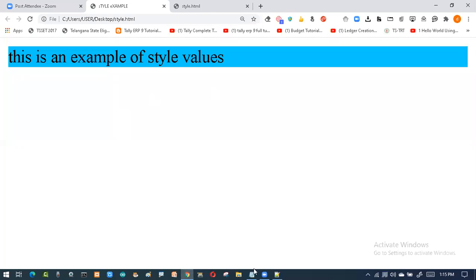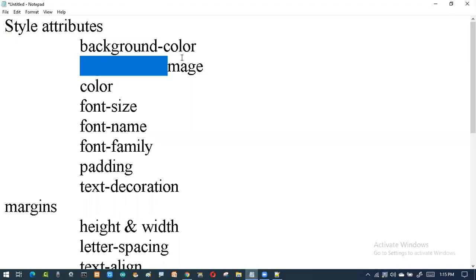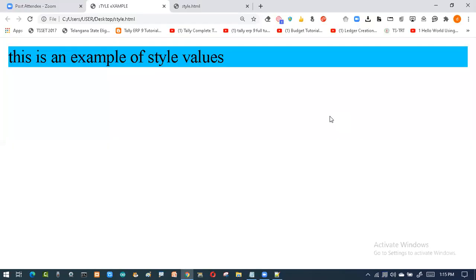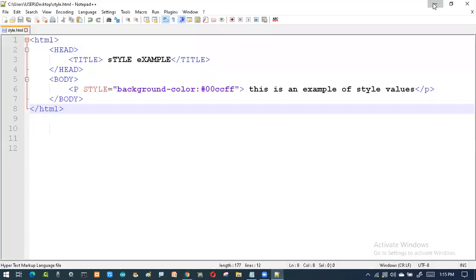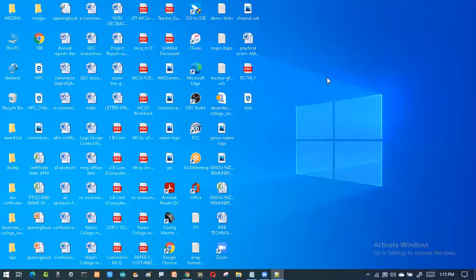Now what is the next one? I want the background image. But before going to the background image, we have left one topic called the image topic. I told you the examples, and now I'll show the output. First of all, I'll try to get some images. Here I have one image, here I have another, then here I have one, and I have some over here. I'll try to get the images like this.